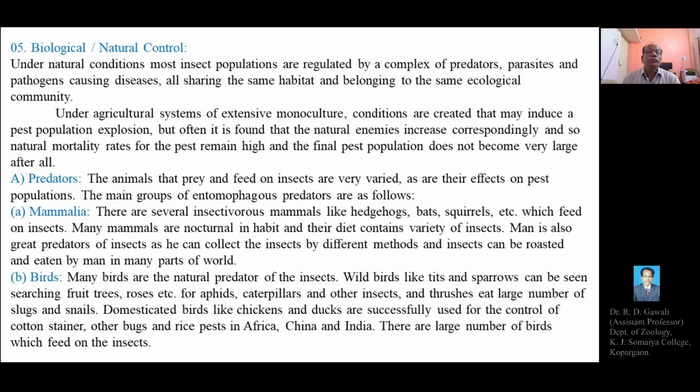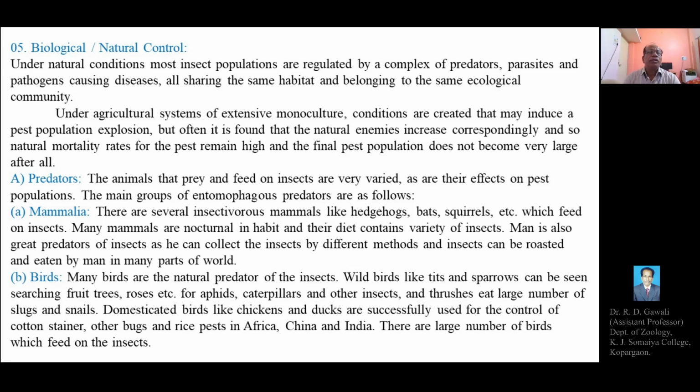Hello everyone. Today we'll explain the next method of pest control, that is biological control or natural control. In biological control, usually we can use different types of predators, parasites or pathogens as a biological agent to predate or feed upon the different types of crop pests. So biological control is basically the use of the natural enemies of the different types of pest organisms